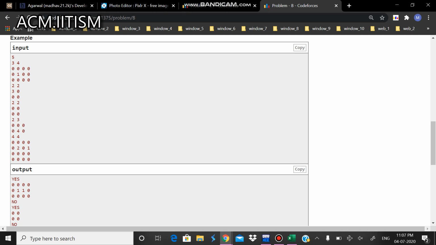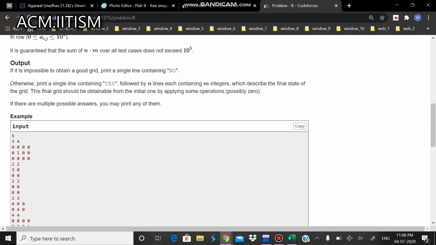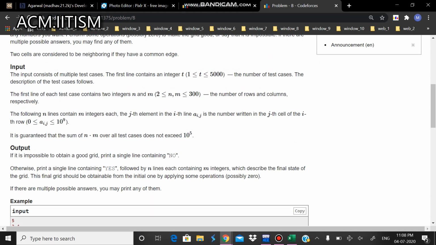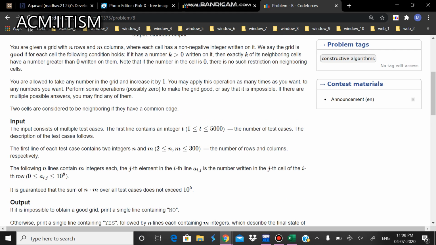Now, when will the condition of printing no arise? See, as you can see, a[i][j] can be 10 to the power 9 also. So there is a maximum number of valid neighbors each cell is having. If it is crossing that valid neighbor value, it will be false, because I can only add one to each element.